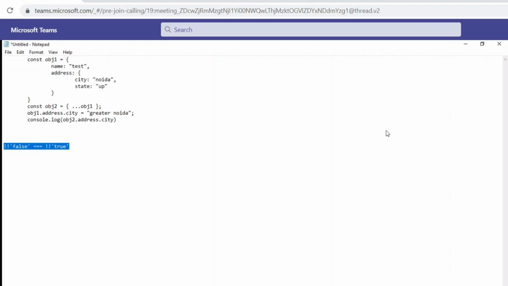What is a synthetic event in React? Synthetic events in React are like event dot prevent default and event dot stop propagation.